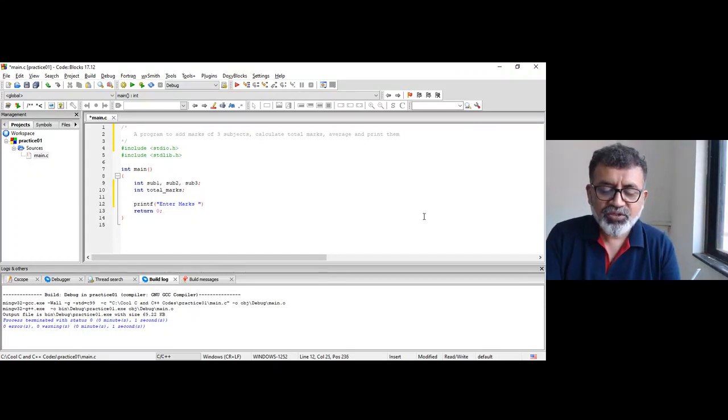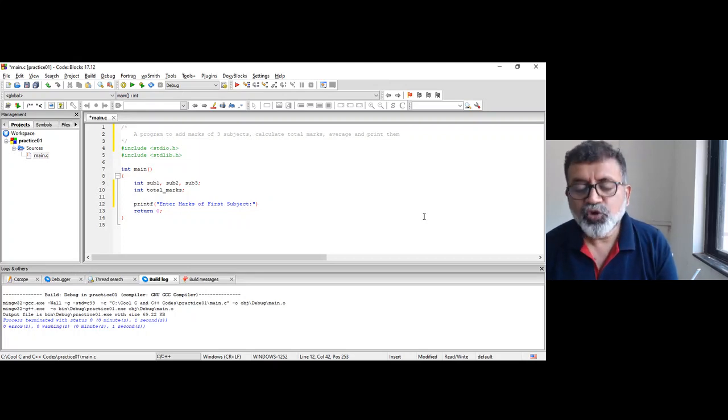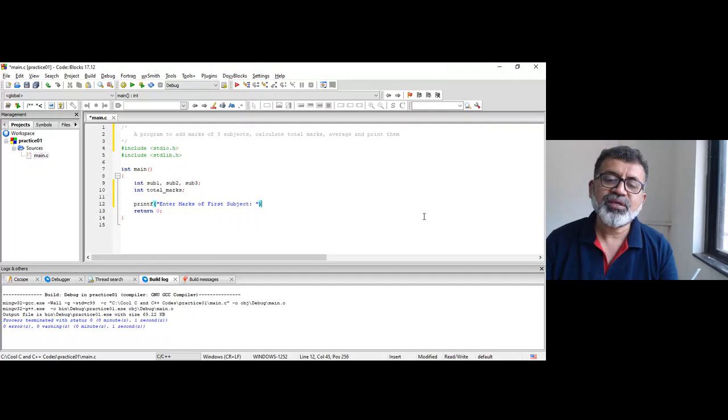So enter marks of first subject. Very clear. A colon is there, and provide a single space so that the cursor remains at the proper position, right?